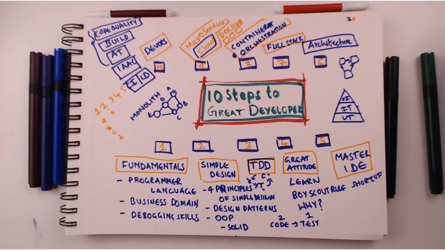The next thing that we looked at was to master your IDE. Be great at whichever IDE you make use of, whether it's Eclipse, IntelliJ, Visual Studio Code or Sublime Text. Whichever IDE you use, you have to be a master at it. The next thing we talked about was understanding the architecture, web application or full stack application or microservices or cloud. Understand the evolution of the architectures. That's very, very important. And after that, we looked at full stack and why it's important to be a full stack developer and what advantages you would get if you are a full stack developer.